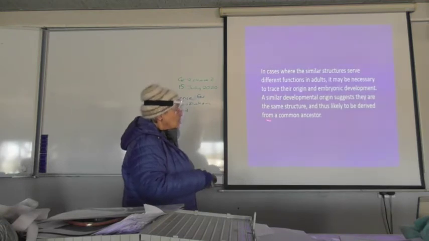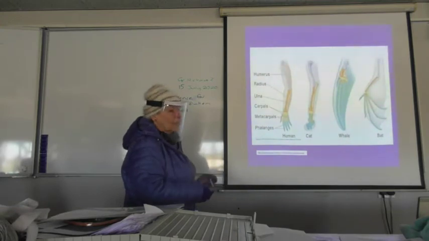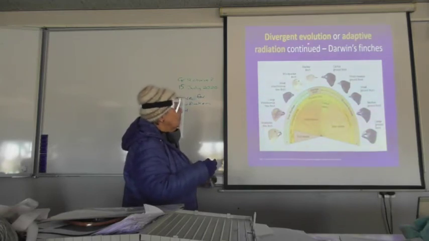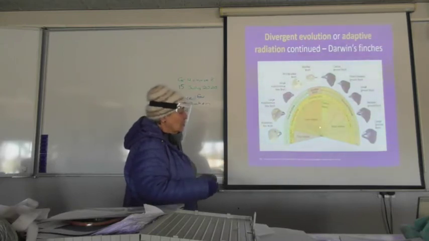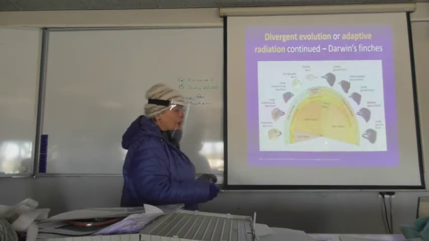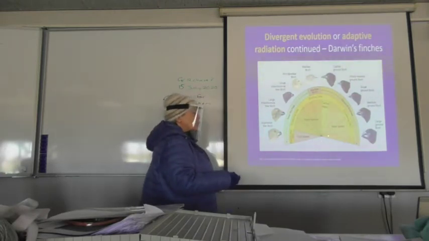All right. So what does this say? It shows that all of these organisms came from the same common ancestor. So we looked at this yesterday and we spoke about the fact that this is evidence of divergent evolution or adaptive radiation. This was looking at Darwin's finches, and remember I explained to you yesterday that a common ancestor left the mainland of South America, probably off of Ecuador, and went to, it was a finch, a little tiny brown